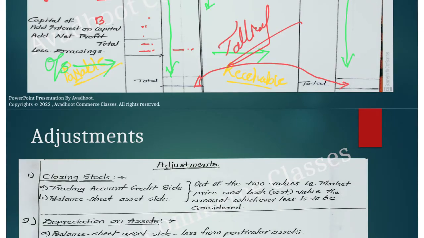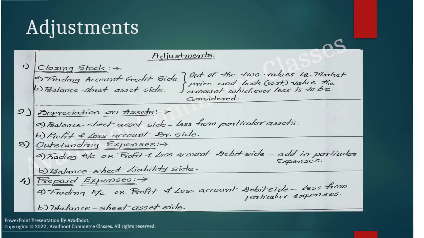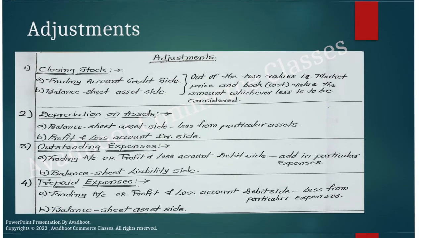Now, in the problem, they have given you different adjustments too. In the examination or in the book, you can see that the trial balance is given and later on 6 to 7 adjustments are there. After preparing your pro forma, see the trial balance. First read the adjustments and mark, on the left-hand side of the trial balance, the items which have adjustments. That item is to be kept in the inner column and other items to be taken to the outer column